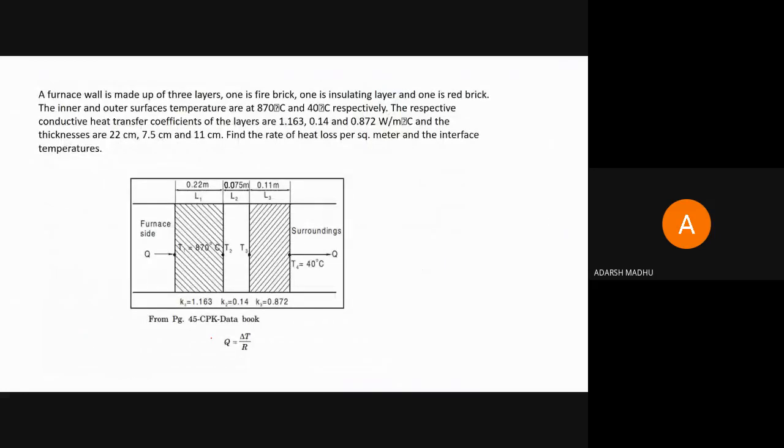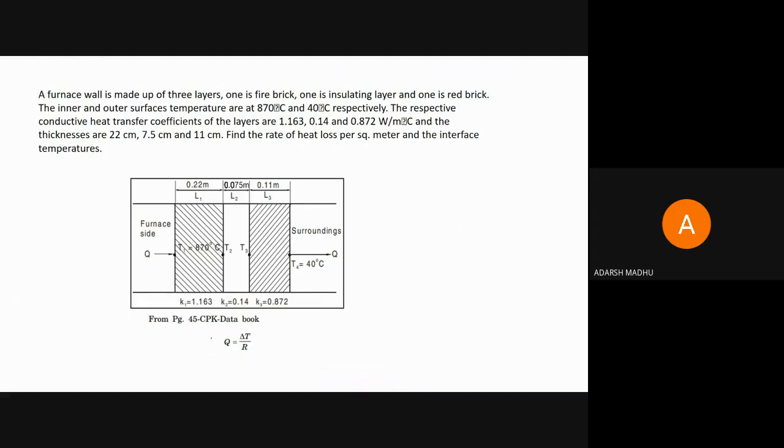So here, write down the problem which is related to the composite wall, the heat transfer equation related to the composite wall. Please write down the problem given here in your notebook. As I said, you want to keep a notebook and calculator with you. So write the problem which is shown on the screen.